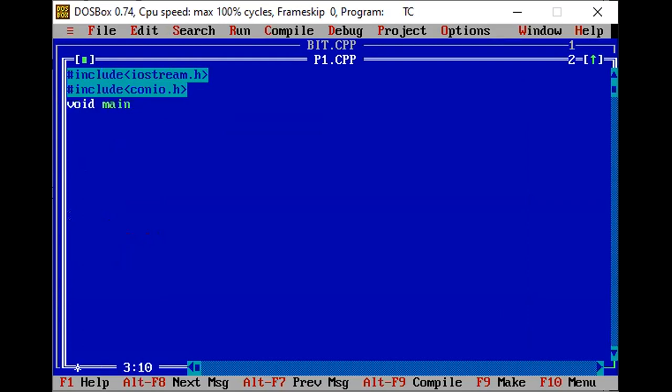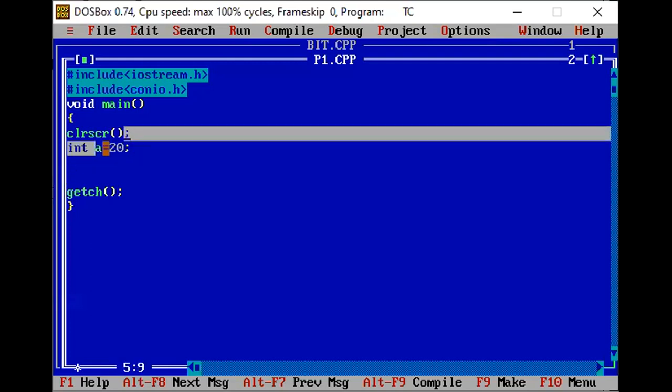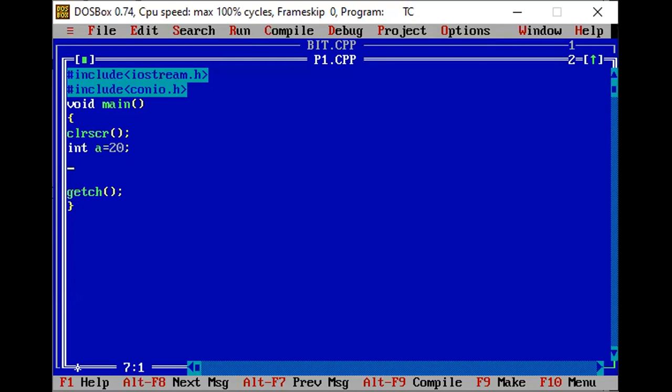Then in the void main section, firstly, how you will define one pointer variable. Okay, let's take one simple variable a equal to 20. That is a variable with the name a and the value 20. Here I am defining one pointer variable, int star ip. That is the name of the variable I'm using.